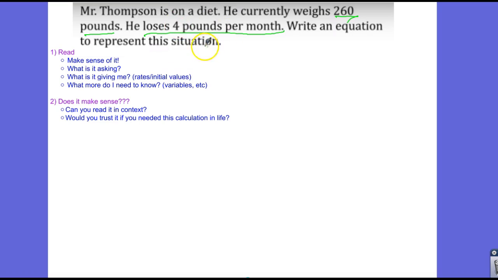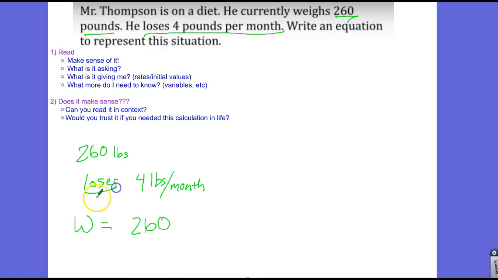So what are we tracking? We're tracking his weight. Let's write down what we know. 260 pounds right now. He loses 4 pounds a month. And we need to write something to represent his weight total. So his weight is going to be